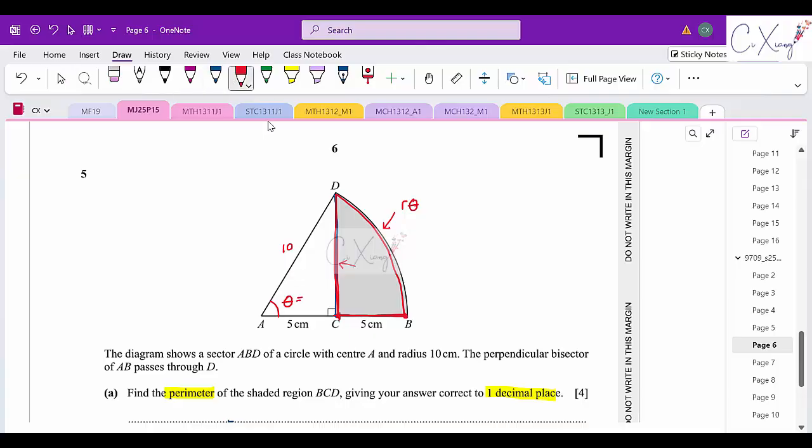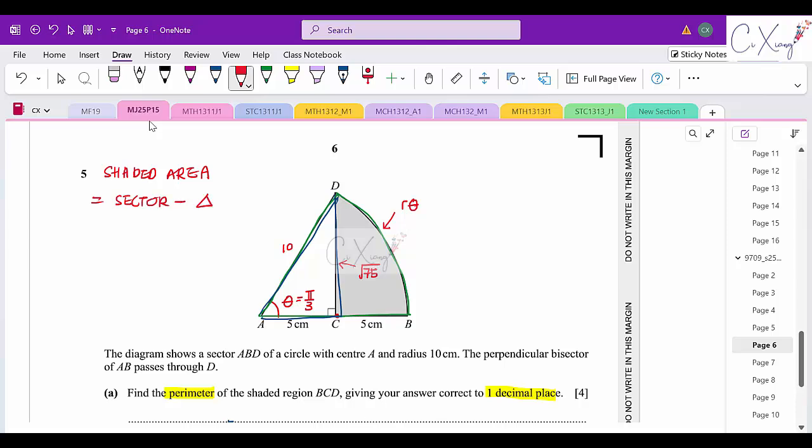So theta is pi over 3, and this length is square root 75. Now we are looking for the area of the shaded region. I think it is not too tough either. Basically, you take the area of the sector, this whole sector, and then minus the triangle. So sector minus triangle gives you the shaded area. Let me write out the formula first: the shaded area is sector